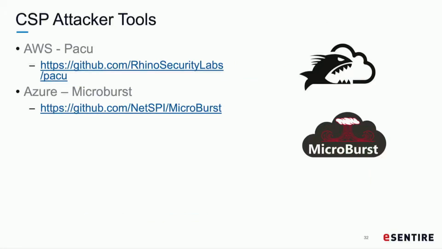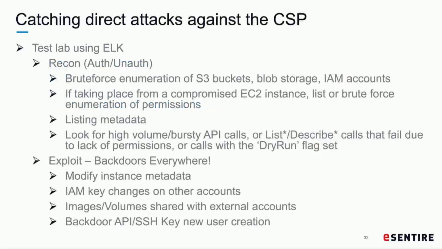So, some attacker tools. We've been doing a lot of testing with AWS and Azure. These are a couple of my favorites right now. There's a tool called Pacu, which is named after a type of piranha in the Amazon, which makes sense, or MicroBurst for Azure. And some of the things you can do with these, I'll show you in a second, but just in general,